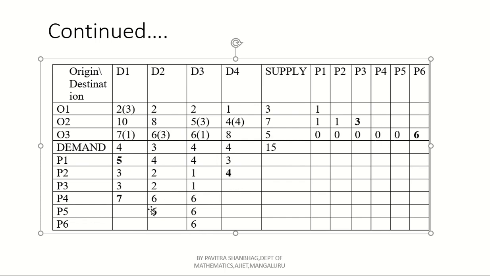Now among these penalty 4, what is the highest value? 6 is the highest value, but here we are getting the same, right? 6 7 6 6, right? In this, what is the highest value? 7 is the highest value. Now assign the demand and supply. Which is the demand? Here remaining 1, because we have already supplied 3 here. 4 minus 3 is 1 remains here.